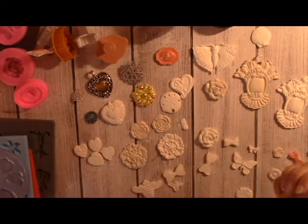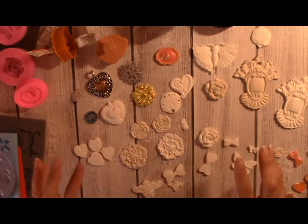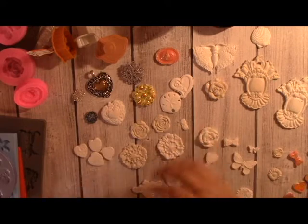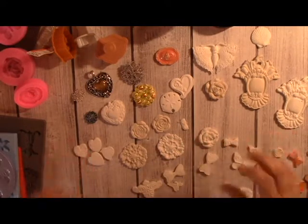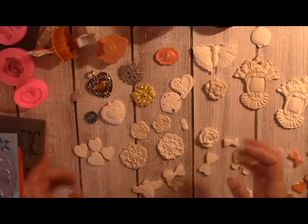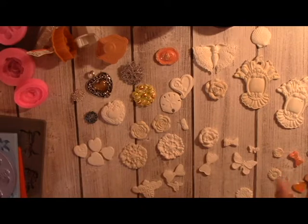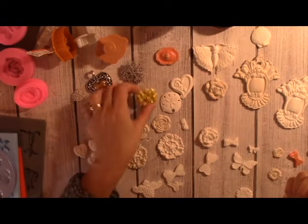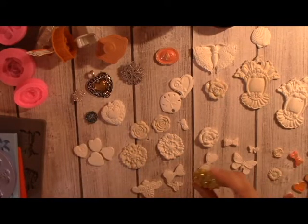I have mentioned before that knitting is one of those things for me that I don't have to think so much. With paper crafts, I'm trying to figure out how to design and what to put together and what stamp to use. For knitting, I'll get a pattern and I'll just follow the pattern, and it's smooth, easy crafting for me. So I find that with these, I got the same sort of soothing sense,